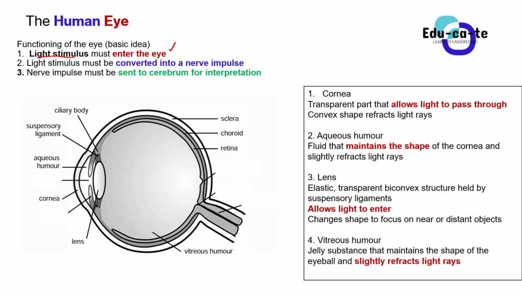You cannot see in the dark simply because there is no light to enter your eye so that you can see. So the light is the stimulus that causes you to see. It is the one that stimulates you to be able to see images. Otherwise, when it's dark, you are not able to see for the mere fact that there are no light rays, or there is no light stimulus that enters your eye. That's why when you close your eye, you are closing the light from entering. You cannot see.